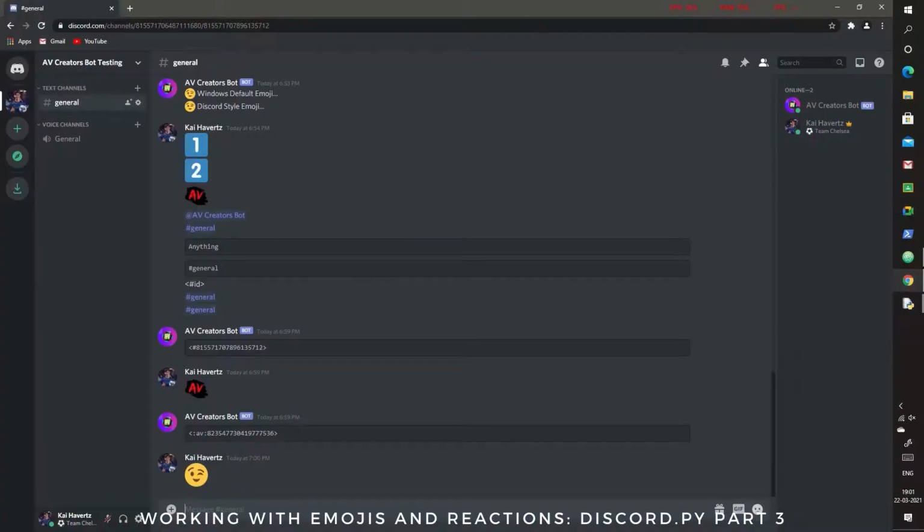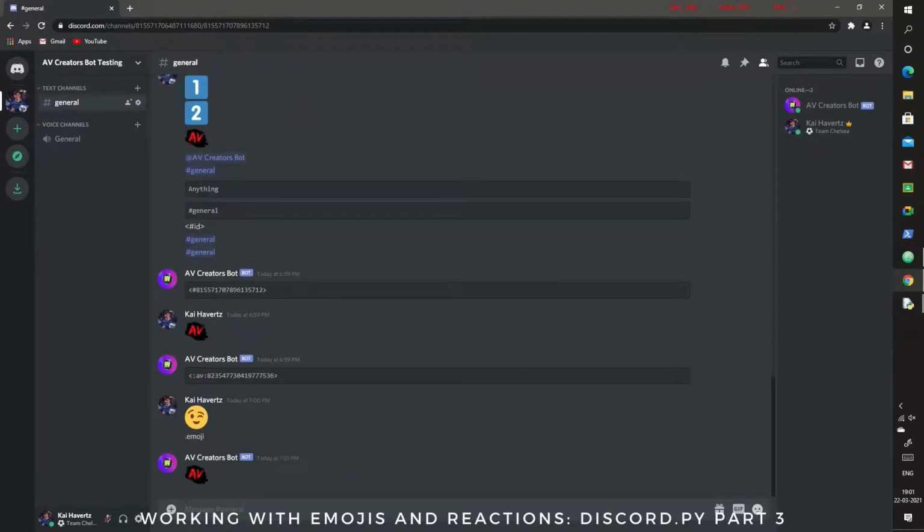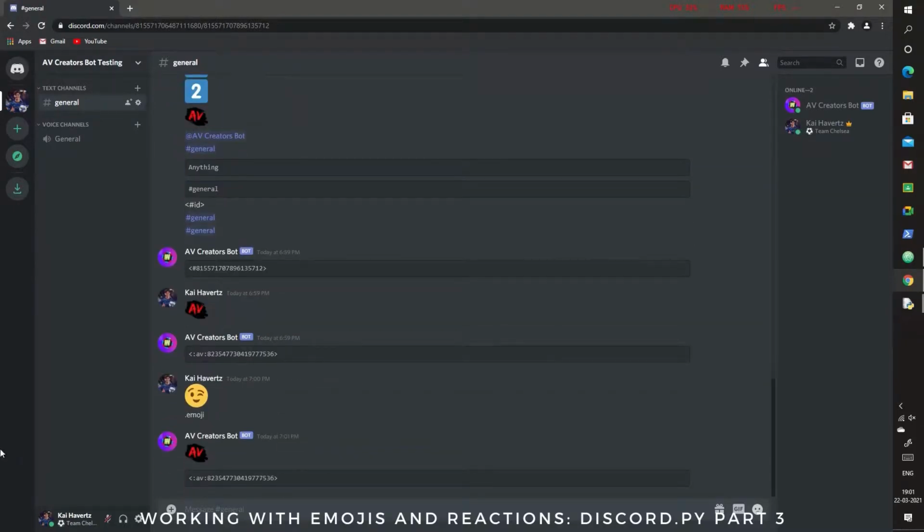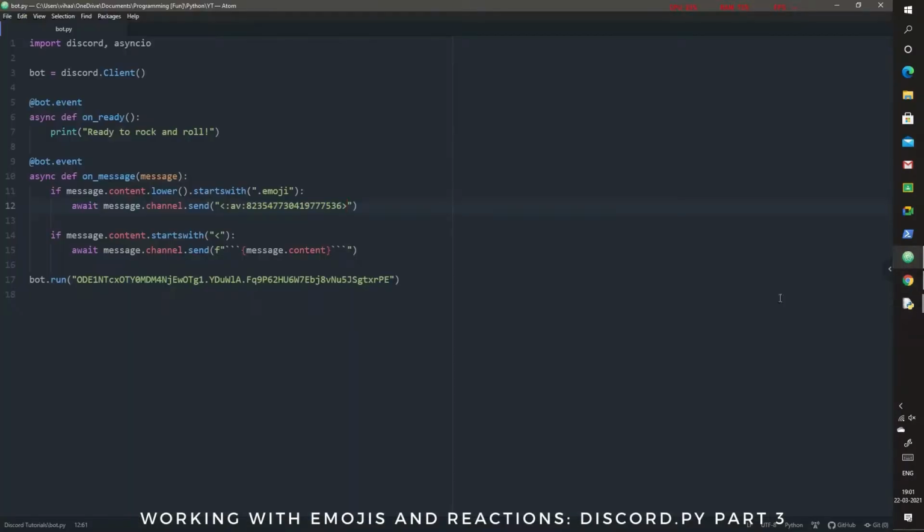Now let's just type .emoji and see how it works. See, our bot sent this, and because this message also started with angular brackets, it also sent its full form. So that is how you work with custom emojis.